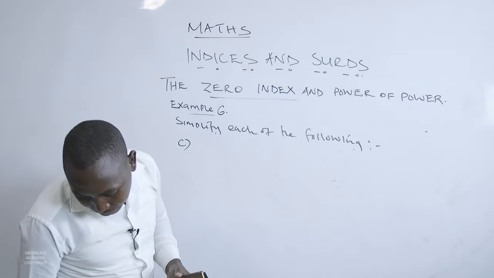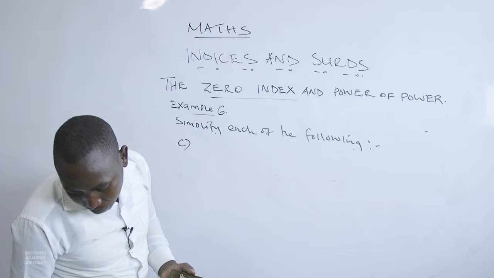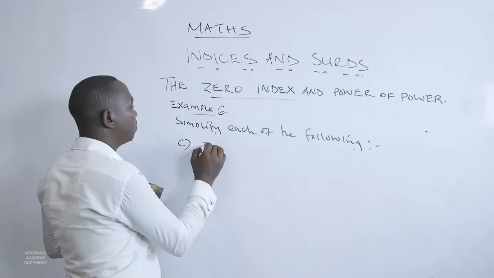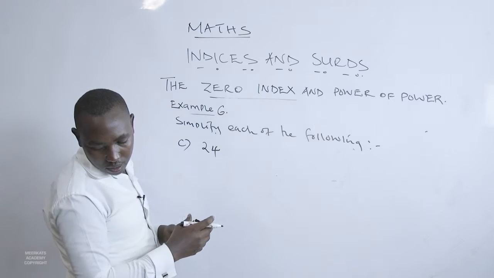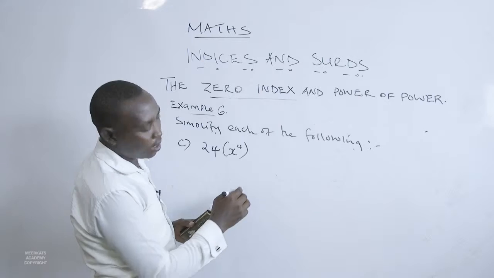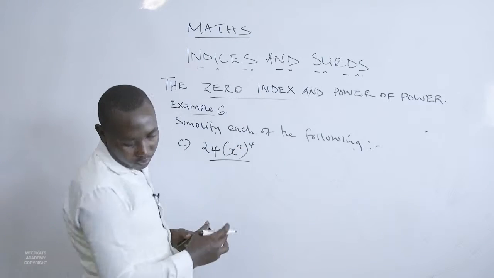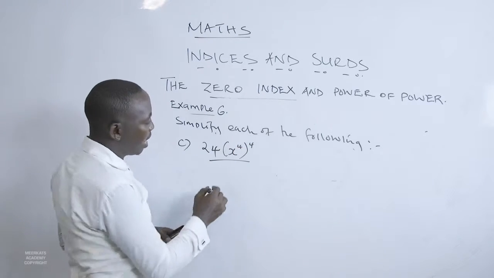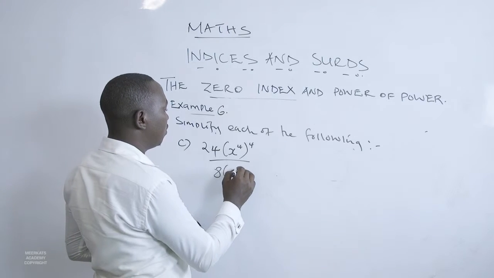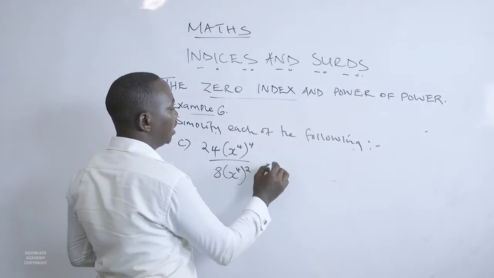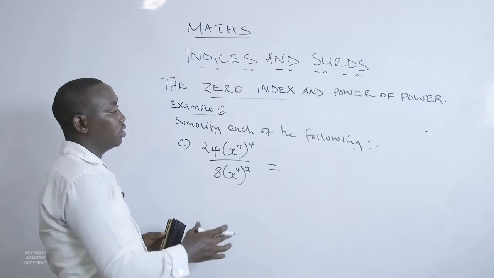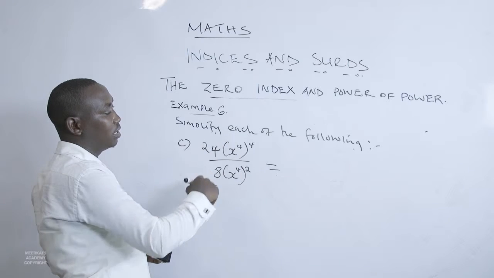Number C, (24x^4)^4 divided by 8 into (x^4)^2. So for us to be able to solve this, we first begin by working out this section